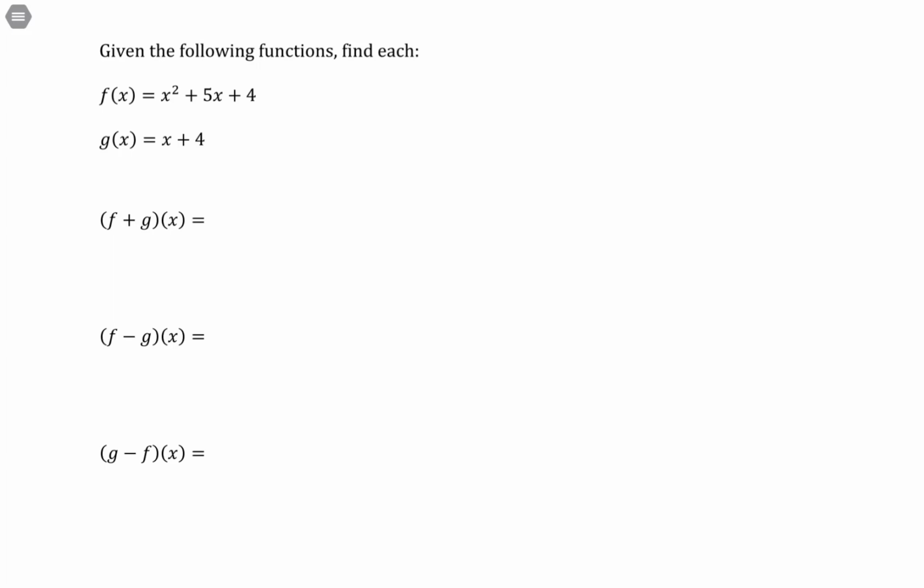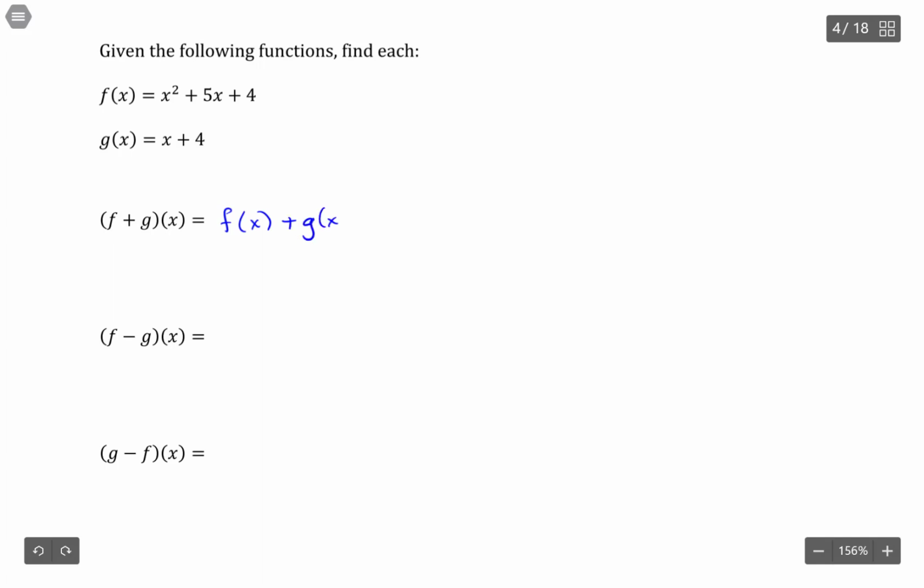Given the following functions, find each. So we have f of x as x squared plus 5x plus 4, and g of x as x plus 4. And we want to find f plus g of x, f minus g of x, and g minus f of x. So f plus g of x, that's just telling me to take the function f of x